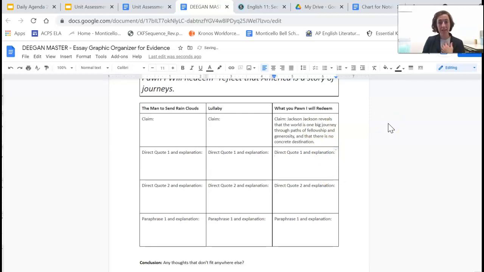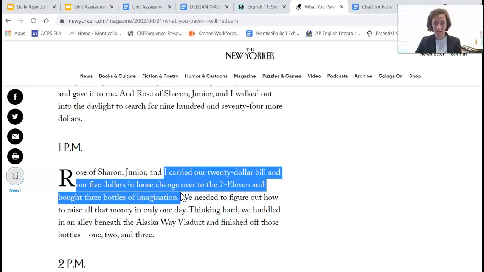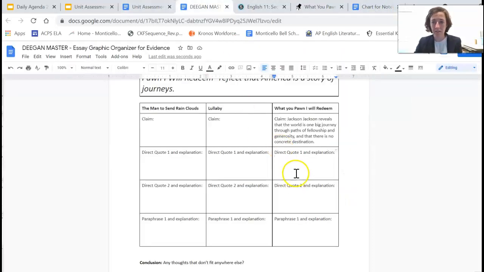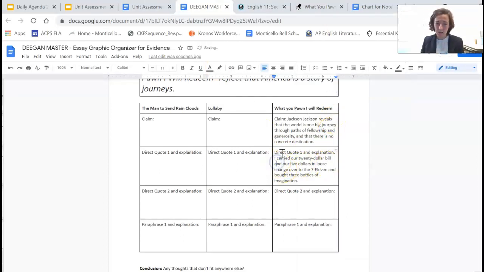First thing that comes to mind to me is the very first time he gives away money. And so go to the story. So that's here. 1 p.m., he's just gotten his first $20 from the pawnbroker to begin his journey to go claim back the regalia. And what does he do with it? Well, they carry it over to the 7-Eleven and they buy alcohol. I'm pasting that quote. I'm not copying it. I'm going to literally copy paste it. It's not cheating. I'm citing it. This is where I got it. So I'm going to say,